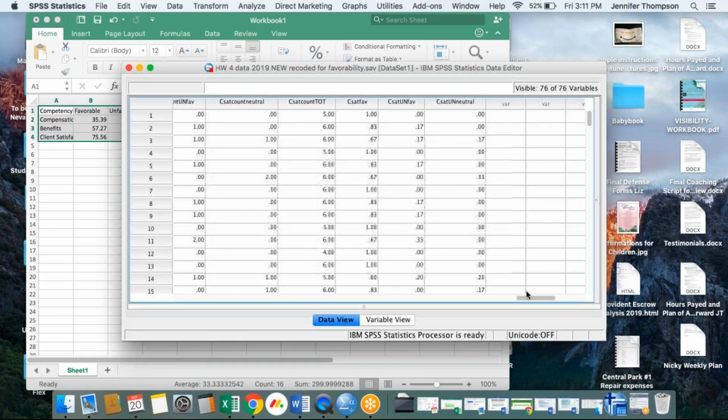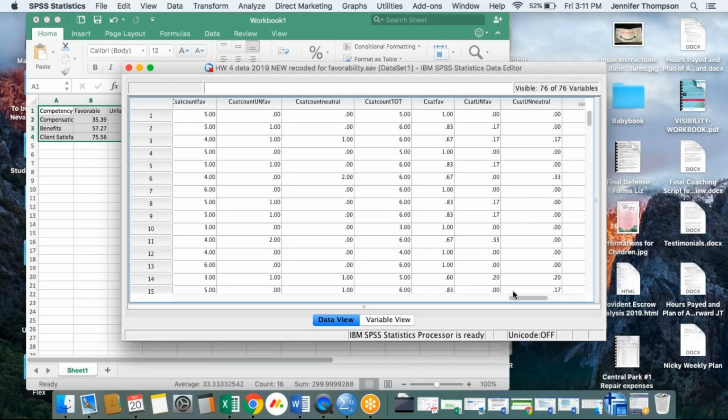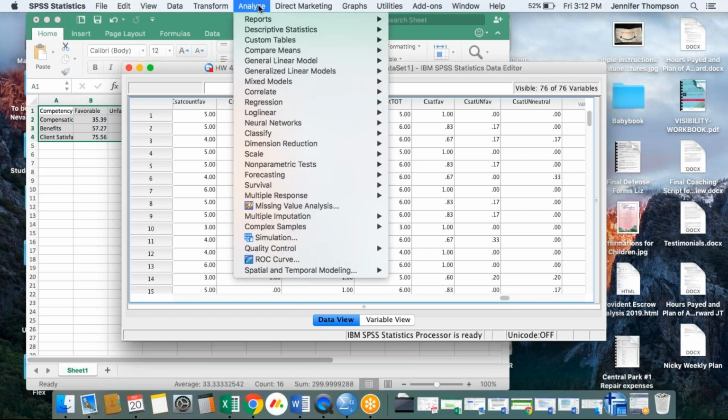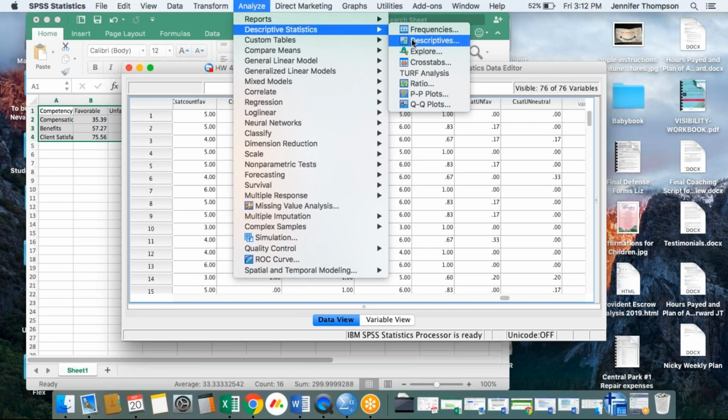you've first counted your variables. You've counted the favorable. You recoded them into favorable and unfavorable and neutral. You've counted the favorable, the unfavorable, the neutral, and you've counted the total. Then to create the actual favorable, unfavorable, and neutral variables, you divide each of those respective counts by the total. Okay, and then when you come up with those, you're just going to ask for the sum through analyze